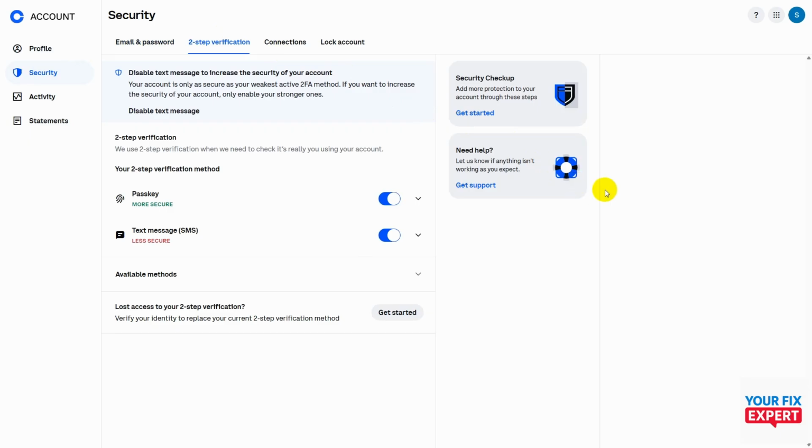Two-step verification would be the next thing to really protect your account. I will always go with the pass key, though you can do text message. Just as you can see here, keep in mind it is less secure. And if you haven't enabled two-factor authentication yet, over here where mine says disable text messages, you'll have something that